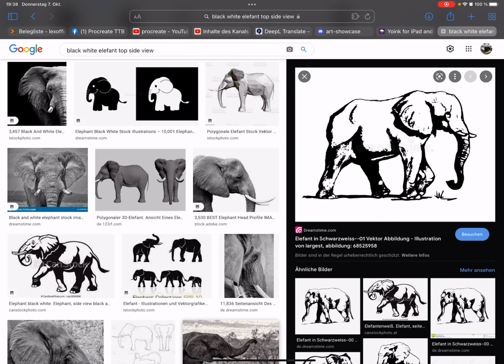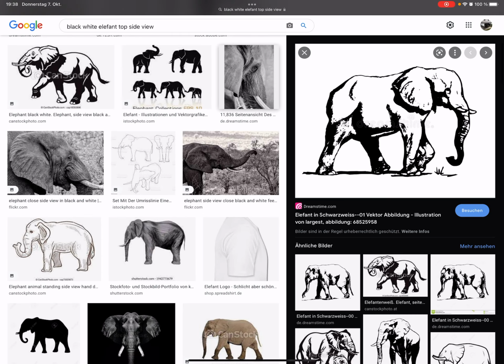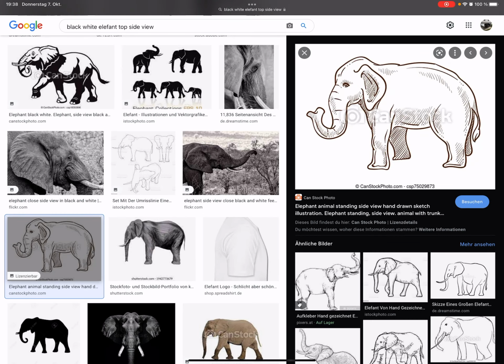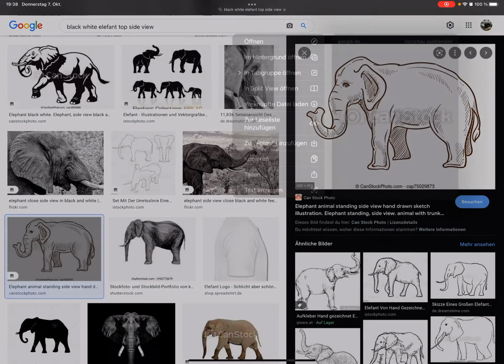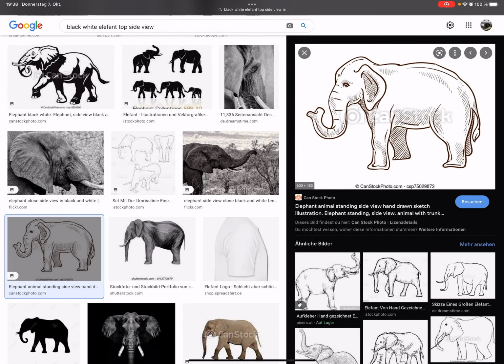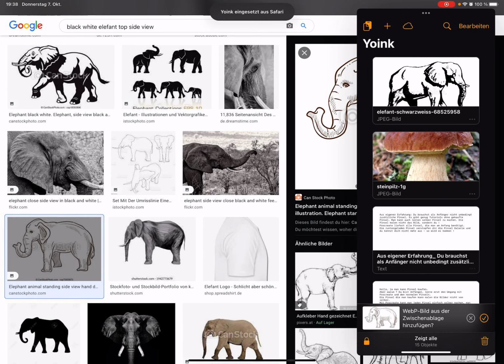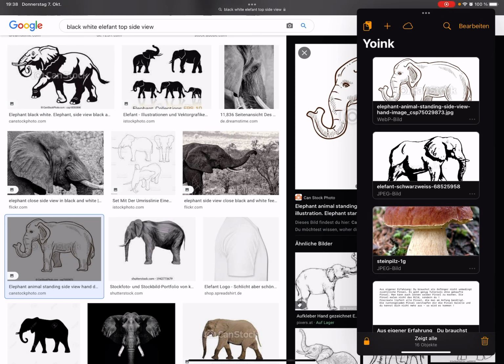For example, I'm searching for a reference picture, and I pick on this and copy it. And in the slide over, there's a function, the Yoink app, and you can add the pictures here.